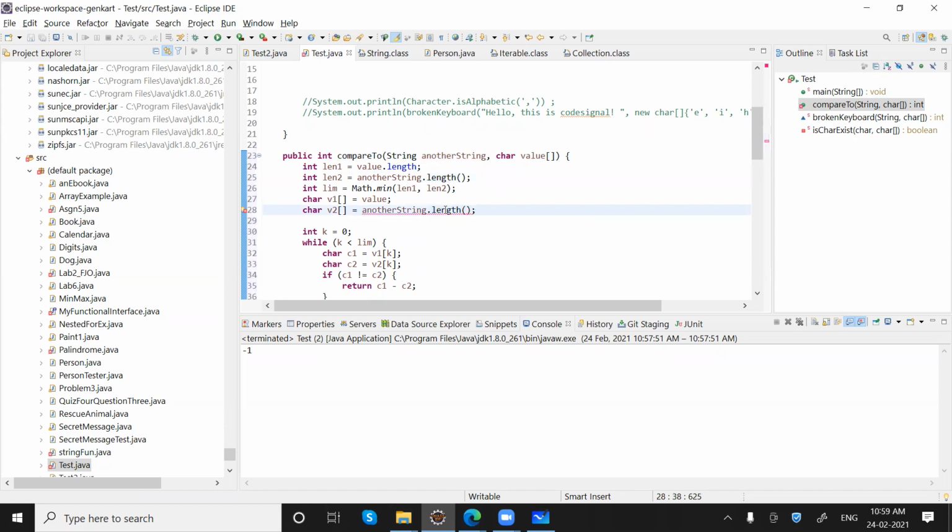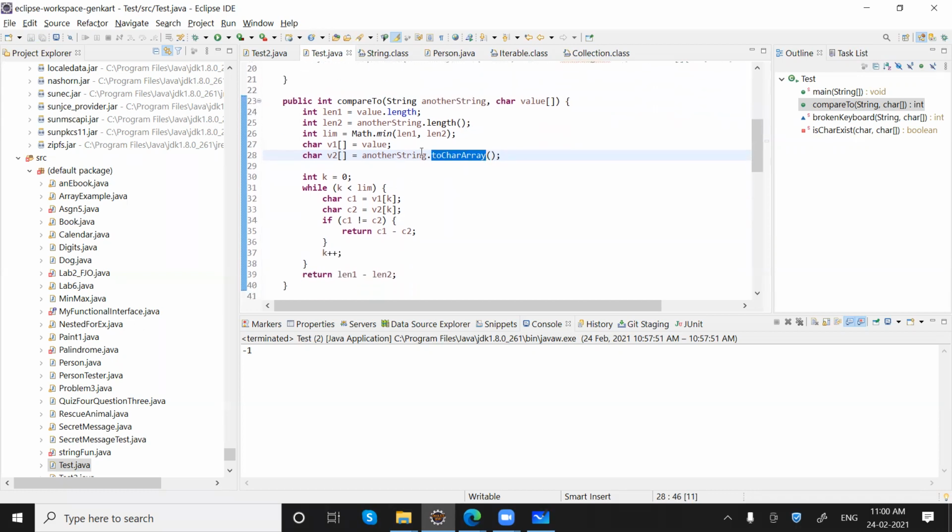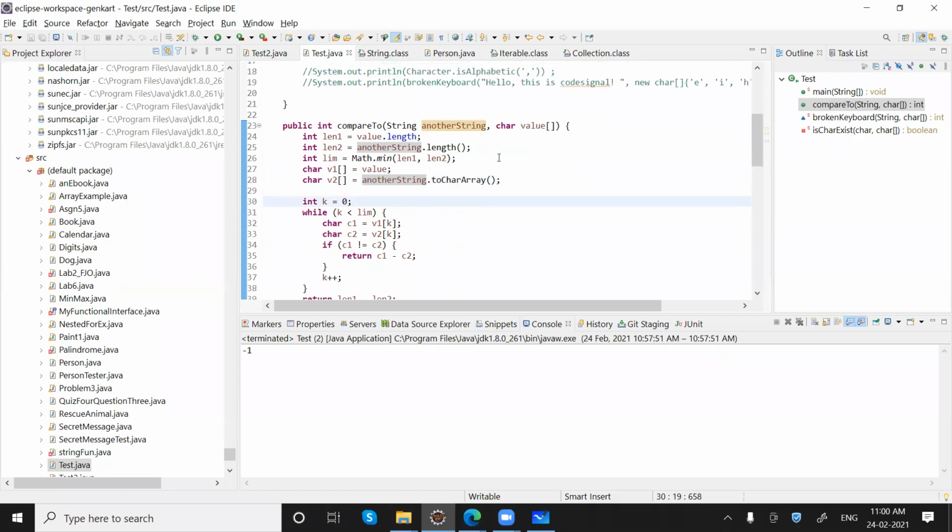Sorry, dot toCharArray. This is another important method. The toCharArray basically converts a given string to a characters array. So this is what we have.